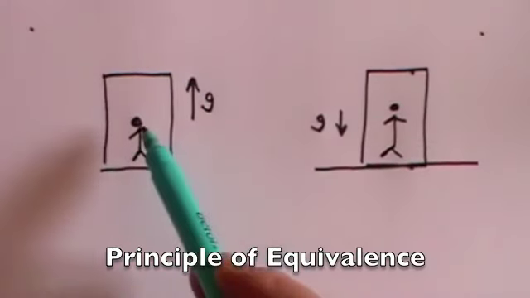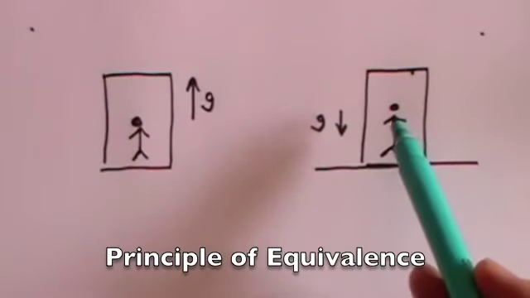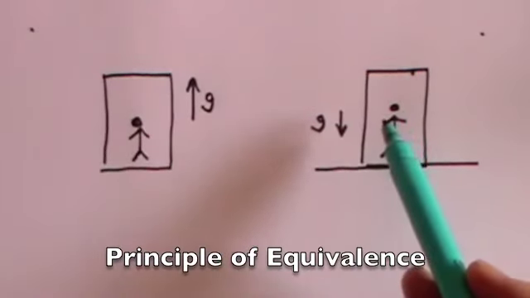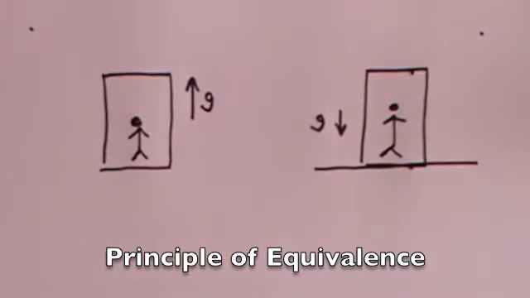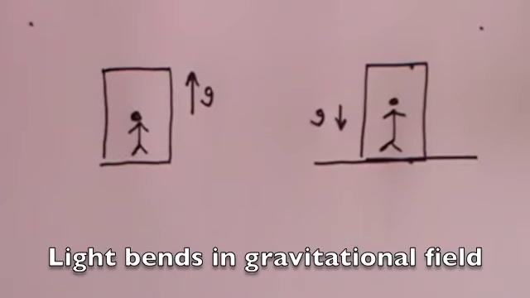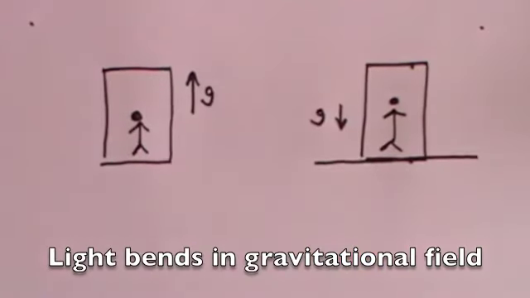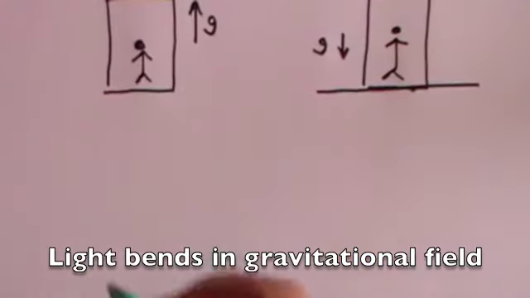You can't tell the difference whether you are accelerating at g or subject to a gravitational force, which is represented by the acceleration g. The second principle is that light bends in a gravitational field. This was Einstein's reasoning. If you take the person who is in the box that is accelerating through space with an acceleration g, and here is the box,